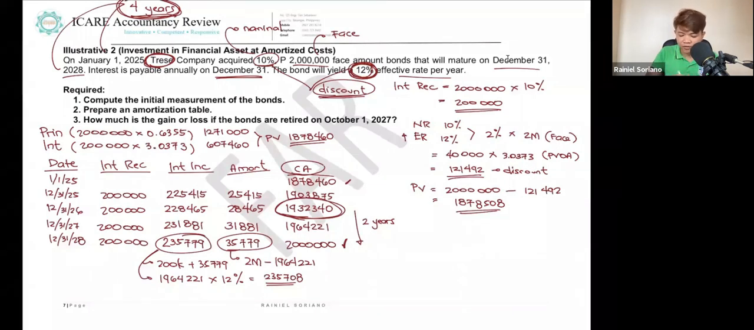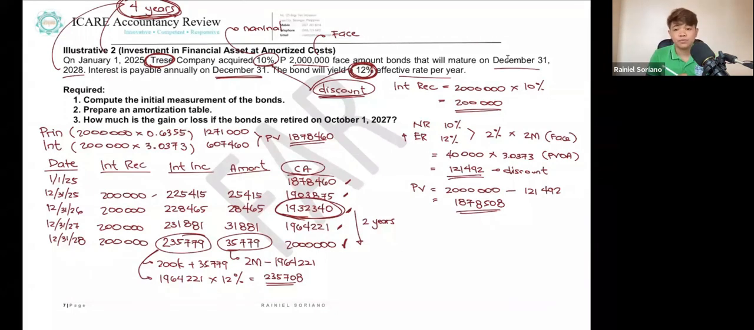So times 1.12 minus interest received na 200,000, lumalabas si 1,903,875. Tama ba? Ulitin mo. Times 1.12 minus 200,000, lumalabas si 1,932,340. Okay? Multiply mo ulit yan ng 1.12 minus 200,000, lalabas si